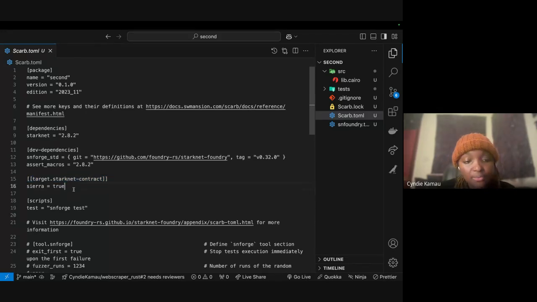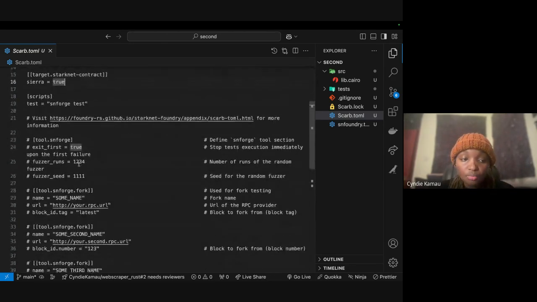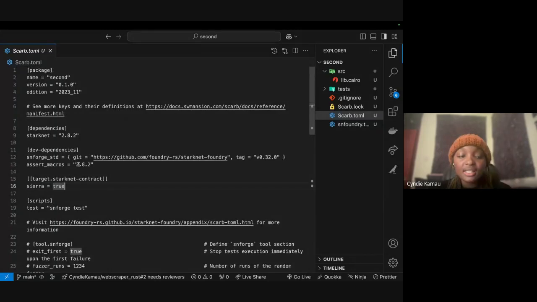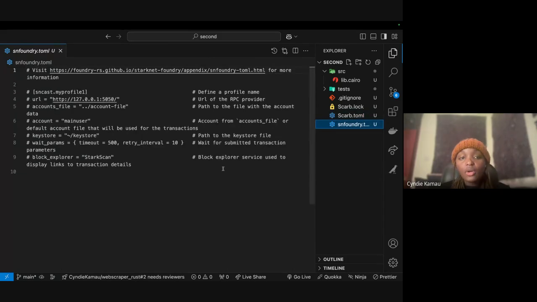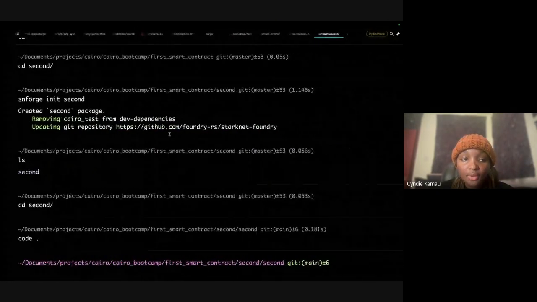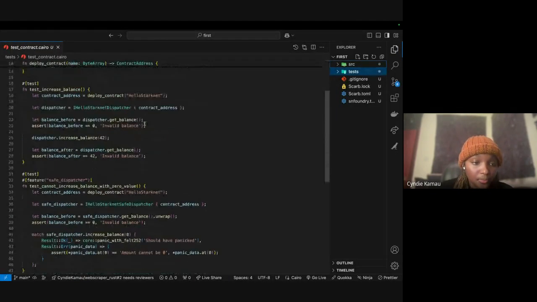So I've seen it and then I remembered I forgot to mention. This is just a configuration file, mostly in Rust and in Cairo, where you write any dependencies you need, and if there are extra libraries you need to import, you put them here, and all these other things. Yes. So yeah, away from now, Starknet Foundry.